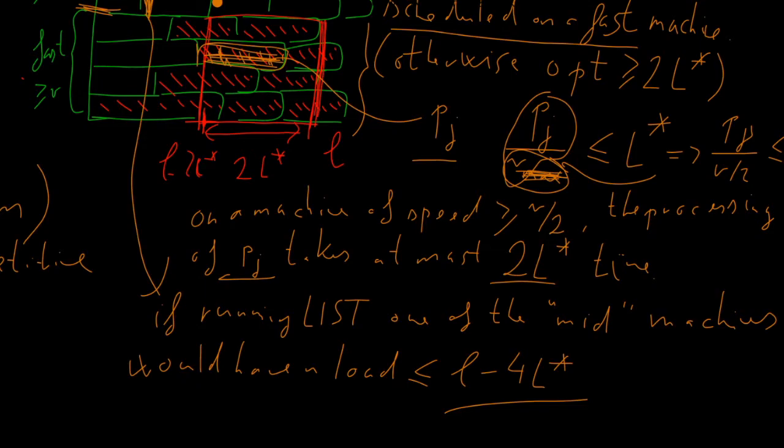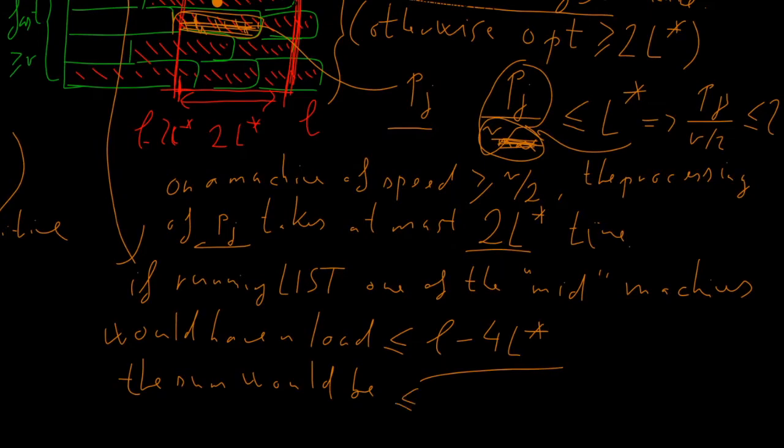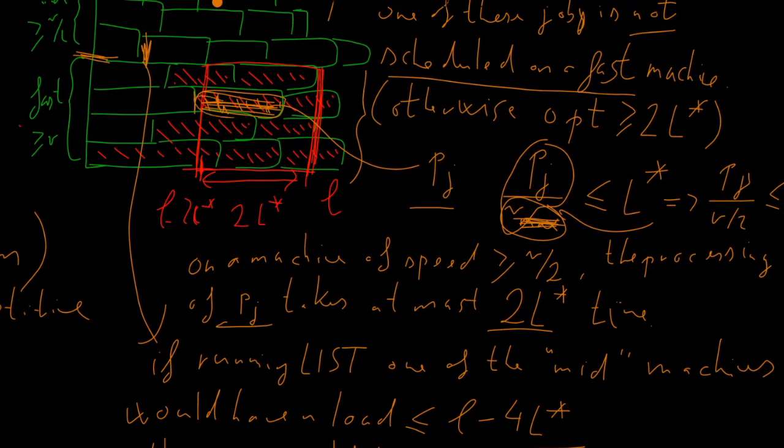So the sum would be at most L minus 2 L star, which means that we would have scheduled this job not here, but on some mid machine, because on the mid machines the sum would be at most L minus 2 L star, and on this particular machine it's clear, because it intersects this